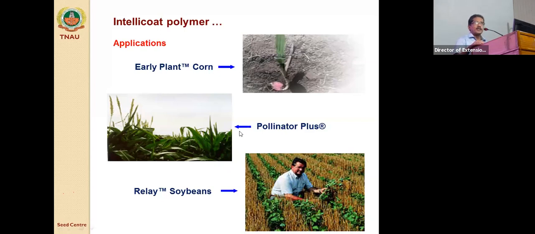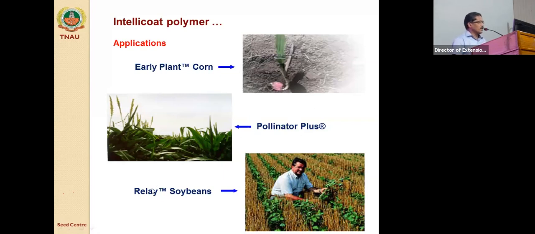To avoid that, the late-sown parent can be treated with a particular polymer, and we can go for simultaneous sowing. Then, because of the integrity of the polymer, it won't allow the seeds to imbibe moisture immediately. So after 10 days or 15 days, the other parent will germinate. So this is a kind of adjustment of parental lines. That is called pollinator plus.